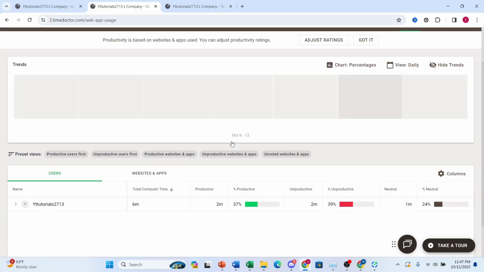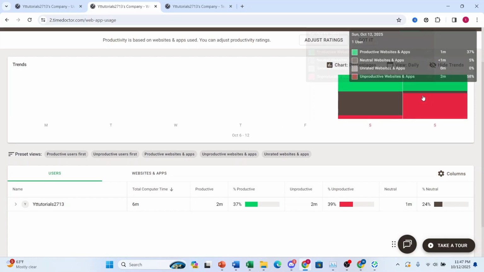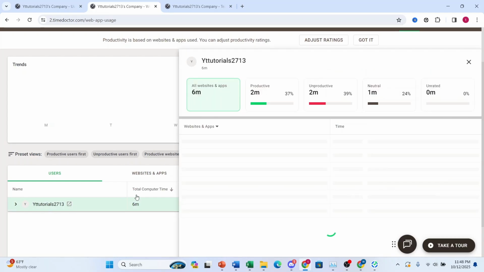This one's still loading. But here you can also filter this. So here you can see the productive websites, apps. You can see the users. You can choose the productive users first. You can even click on that user and see exactly what they were doing, what websites and apps they have